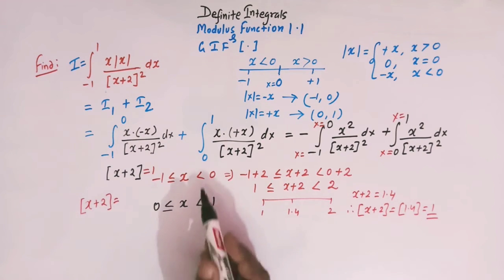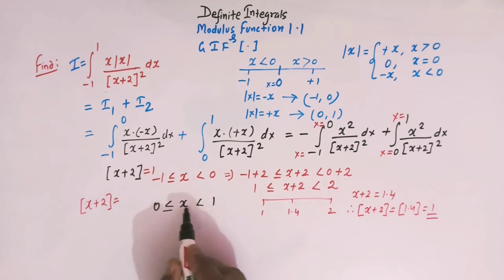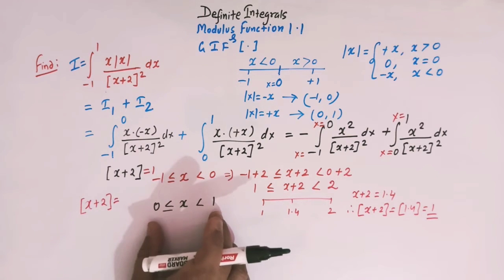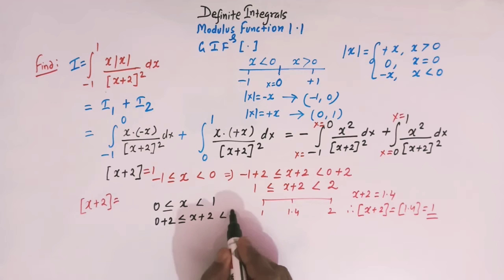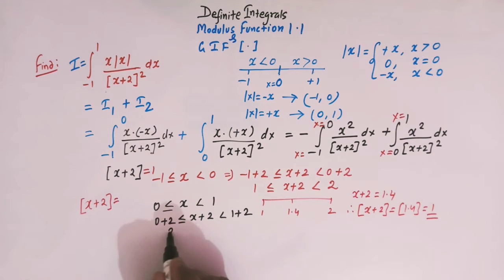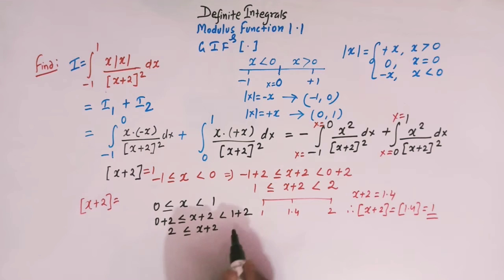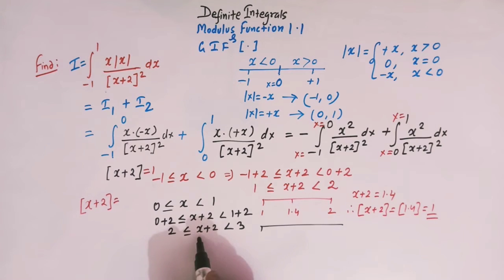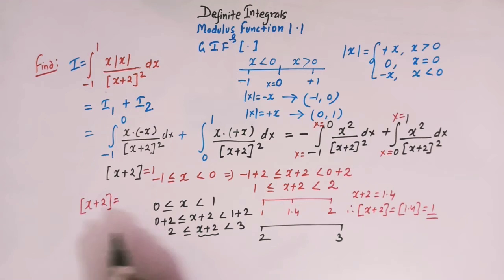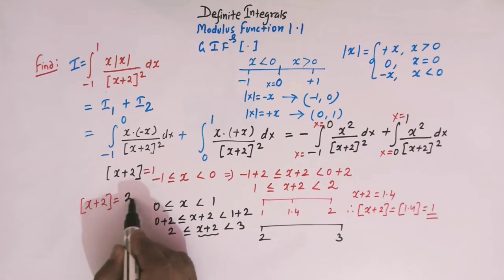So again we can add 2 to this inequality. So we have 0 plus 2, so adding 2 throughout, we have here x plus 2, here we have 1 plus 2, right? So this is 2, this is x plus 2, and this is 3, right? So now in this case x plus 2 lies between 2 and 3, right? So by definition of greatest integer function, the value of greatest integer of x plus 2 is equal to 2,